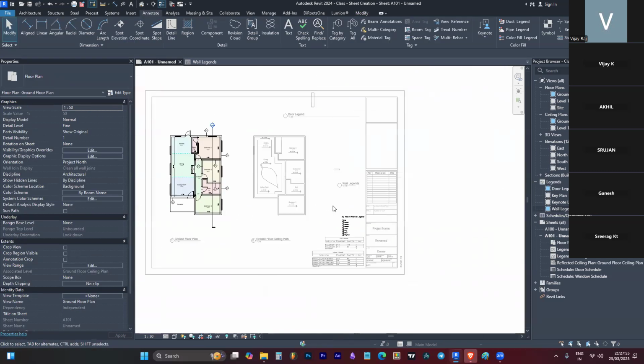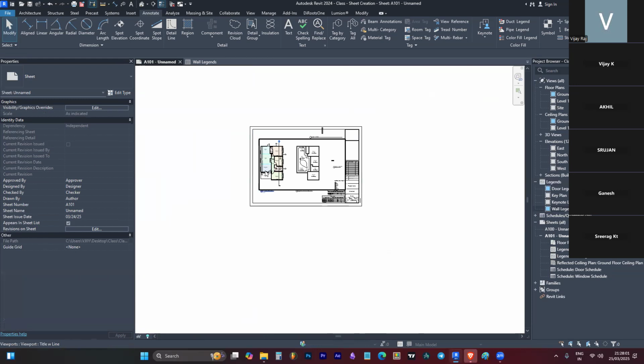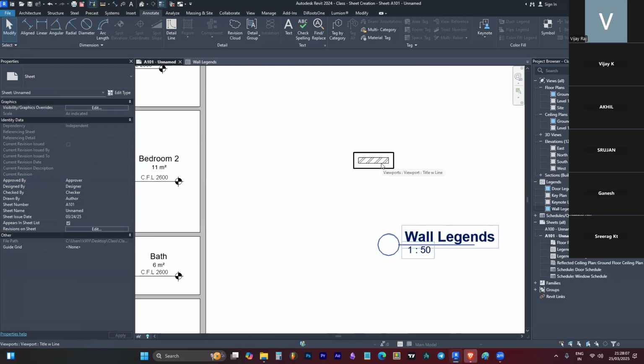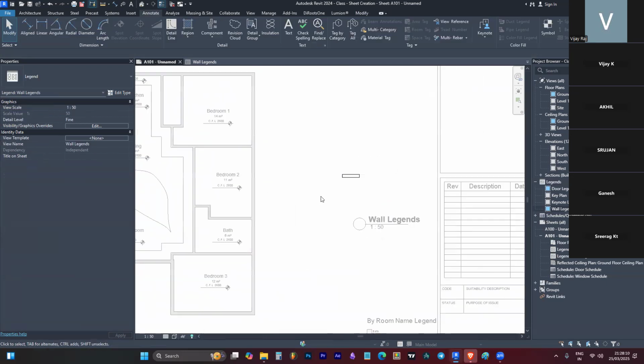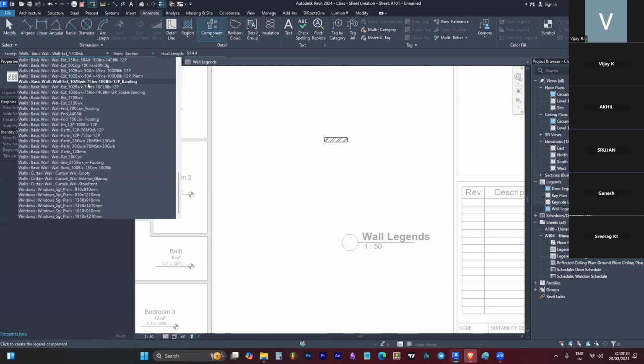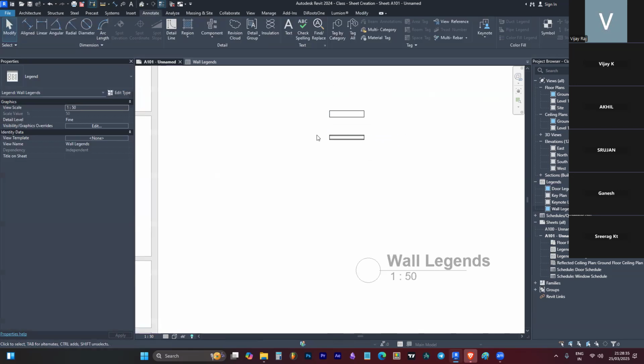Going back to wall legend and looking outside, some white space to deactivate the view, and clicking the wall legend, activating the wall legend view, and going to create another legend component, and it's 120 partition wall. This one, I think so. Here I can select whether it's a section view or floor plan view. It's a floor plan view. Okay, and I can place it here. Okay, now we have created